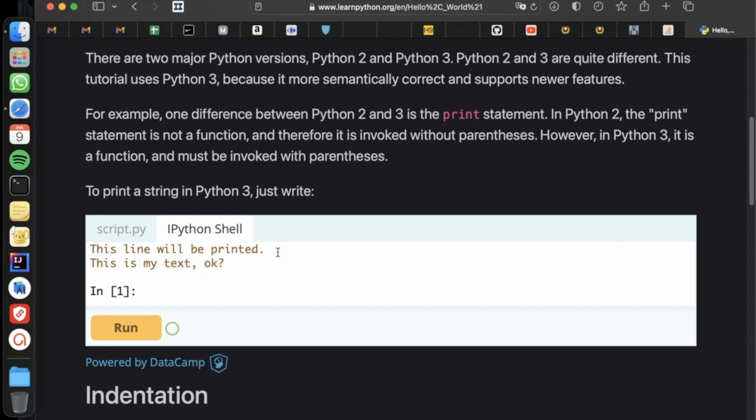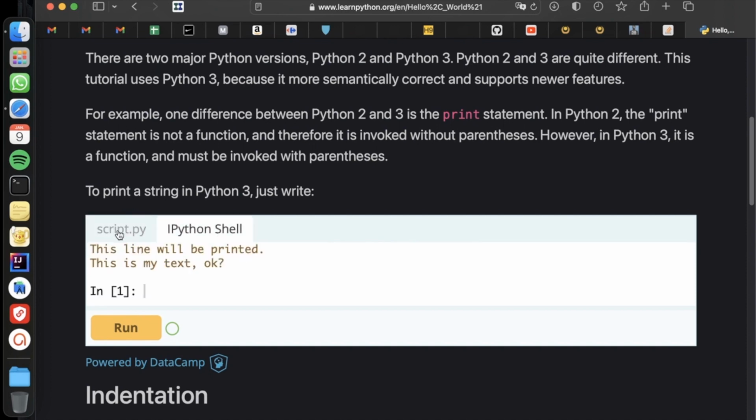I already had run it, so this is the original text, but this is the new text. Every time we change the text here, the print function receives this string